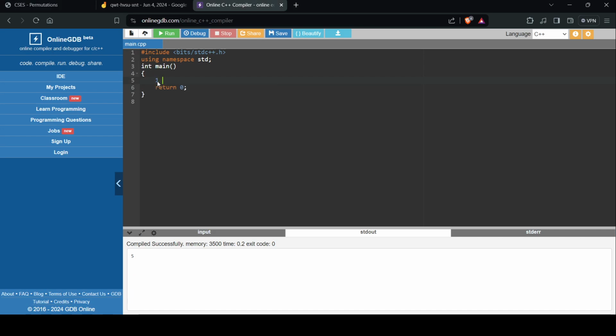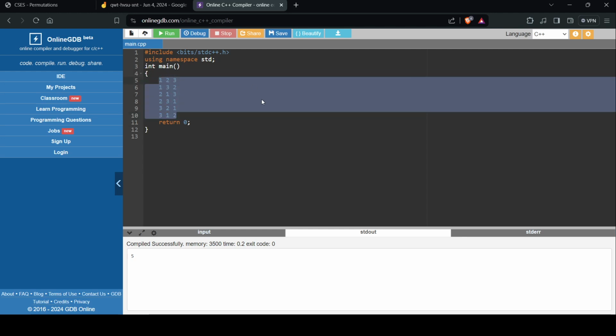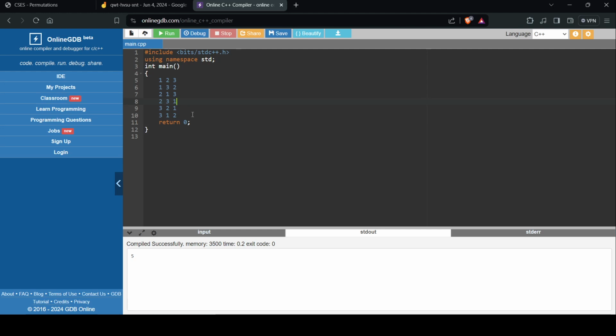So the permutations of 3 would be 1, 2, 3, and 1, 3, 2, and 2, 1, 3, and 2, 3, 1, and 3, 2, 1, and 3, 1, 2. So these are the 6 permutations of size 3. Can you look at all of them and tell that there's obviously no